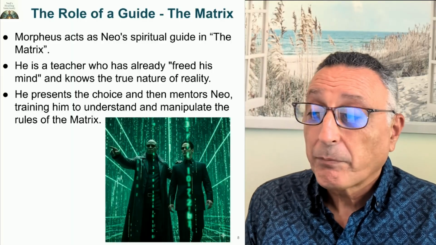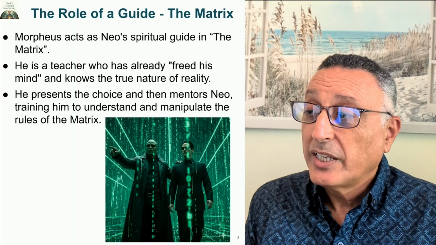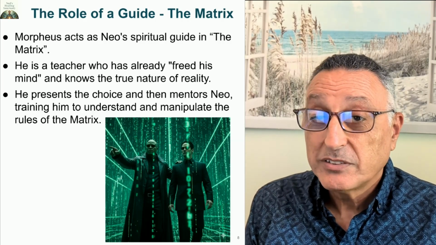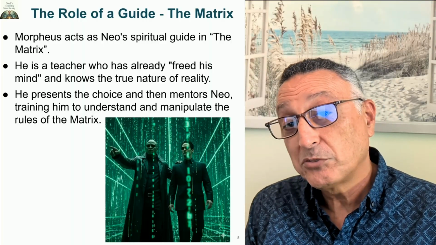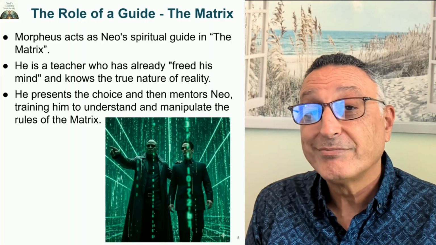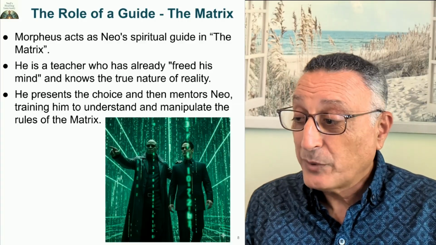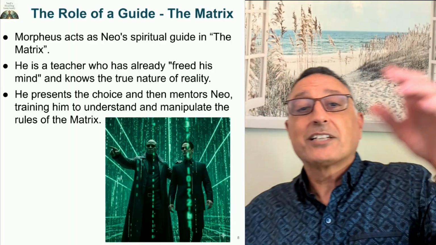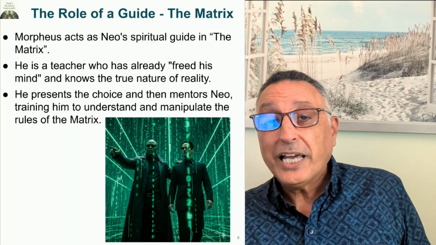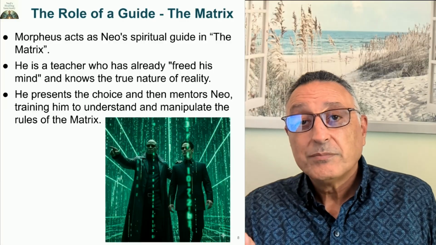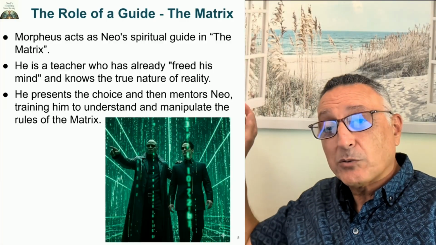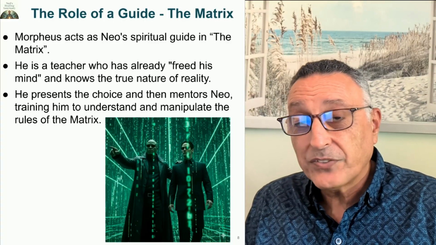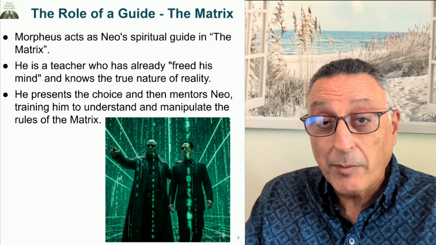And so he mentored him, and he trained him to understand how the Matrix worked and to be able to manipulate the rules that it operated under. Okay? And that's why you could see him when they were shooting bullets at him. He would be able to dodge the bullets, right, coming at him, because he could slow them down to see them and move out of the way before they actually arrived at him. So he would just change the laws of that world, that simulation was operating in.